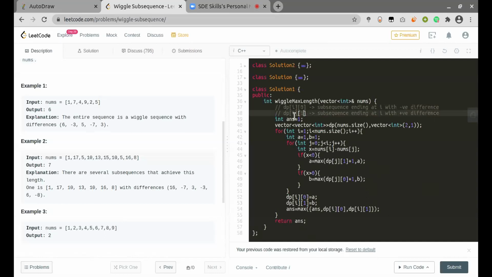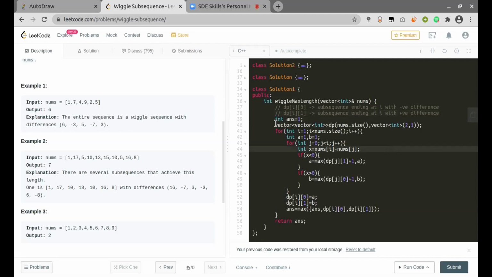DP of i of 1 can be taken as the up one, and the other as the down one, but I did this in a single 2D vector. So this is the sequence ending at i with positive difference, which means it is a sequence ending with increasing adjacent elements.